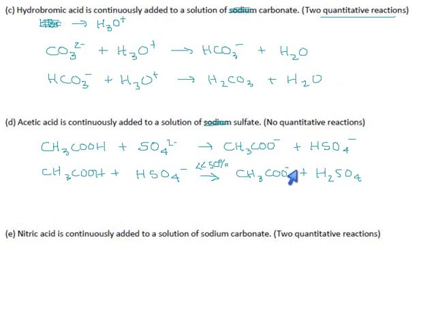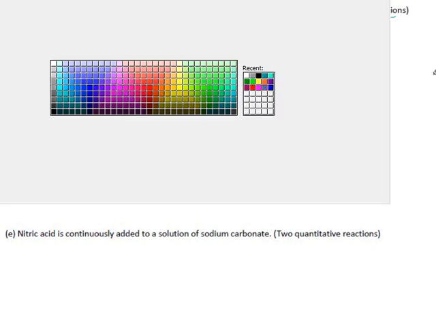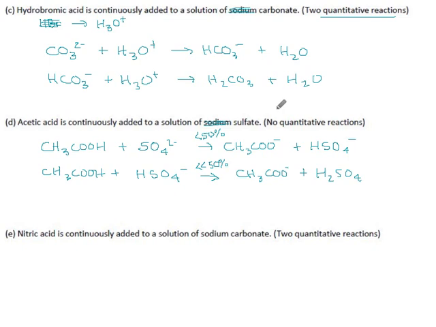This reaction is less than 50%, and actually, you know what? HSO4 is also stronger than acetic acid, so this reaction is also less than 50%. So we can write these reactions and say that the following is a theoretical possibility, but realistically, the equilibria are so far to the left that these reactions essentially don't happen, or they happen in such small numbers that they're not useful. And finally, nitric acid